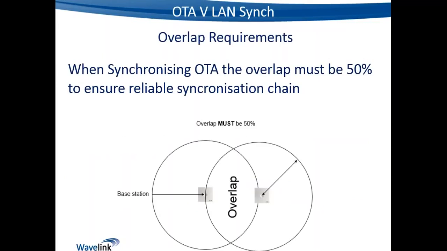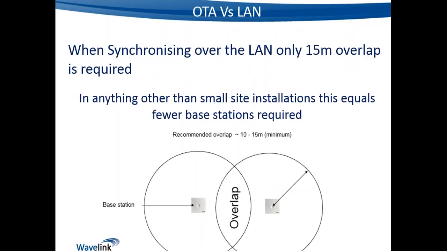When we did over-the-air synchronization, we had to have a 50% overlap between our base station signals to ensure a reliable synchronization chain. Once we go to synchronization via the LAN, we only need to have a 10 to 15, I always say 15 to ensure a little bit more safety factor, a 15-meter overlap between the base stations. So again, the circles around the bases represent the acceptable coverage limit from that base station, but instead of having to overlap that completely onto the adjacent base stations, we simply need to make sure that we've got a 15-meter overlap of the two cells of coverage